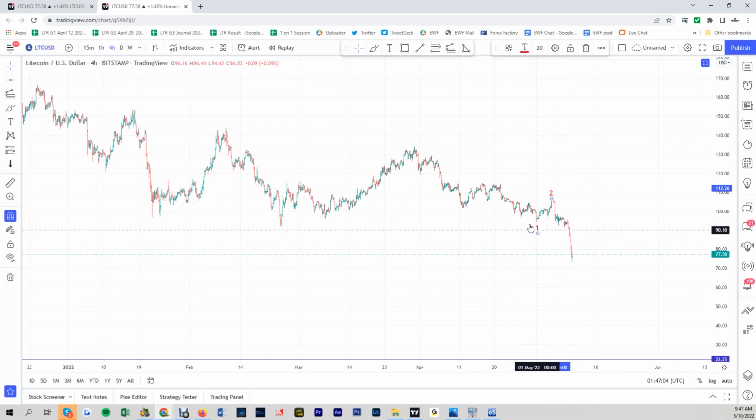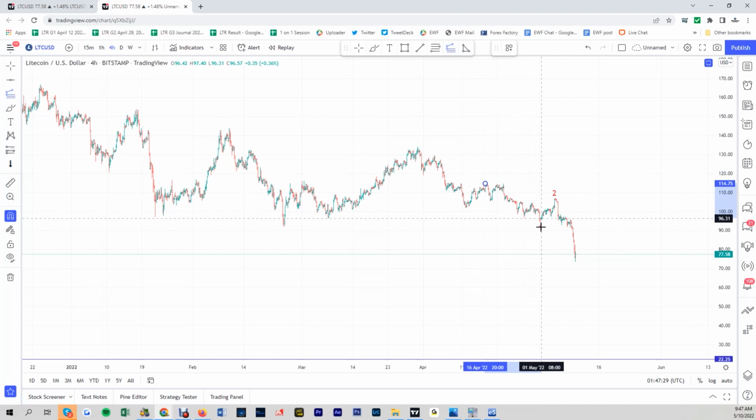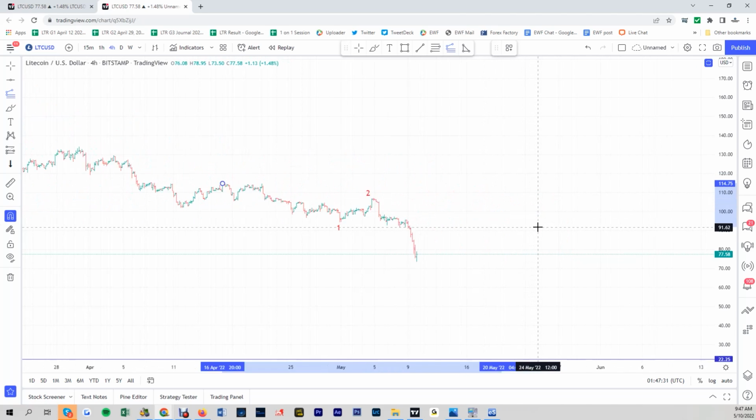Now you can see from here it looks like a nest, right? It looks like a 1 2 1 2. So that means your wave 1 here in fact started from here, right? So you get this 1 2 3 4 5 from the April 17, right? So let's say if you simply measure the 100% extension, let me make it bigger,